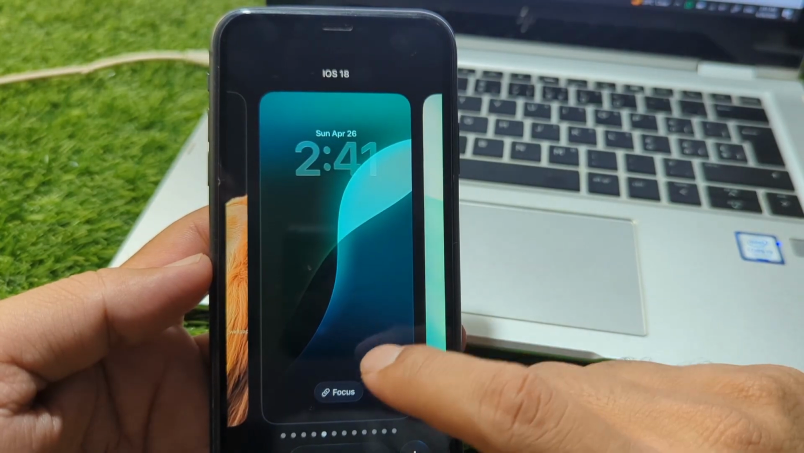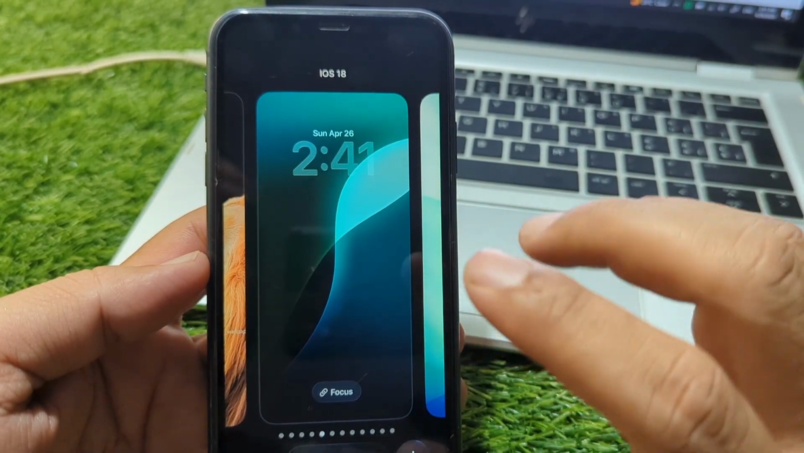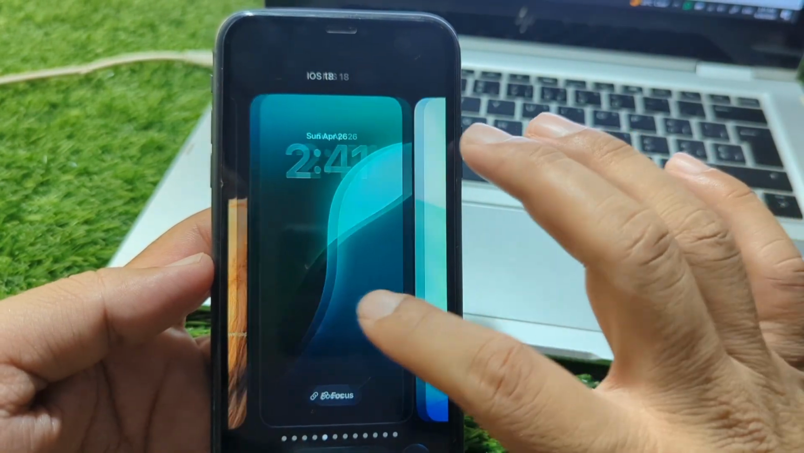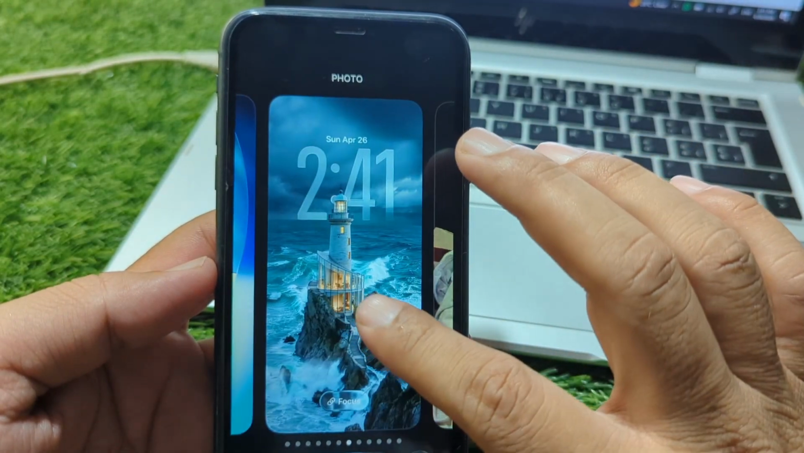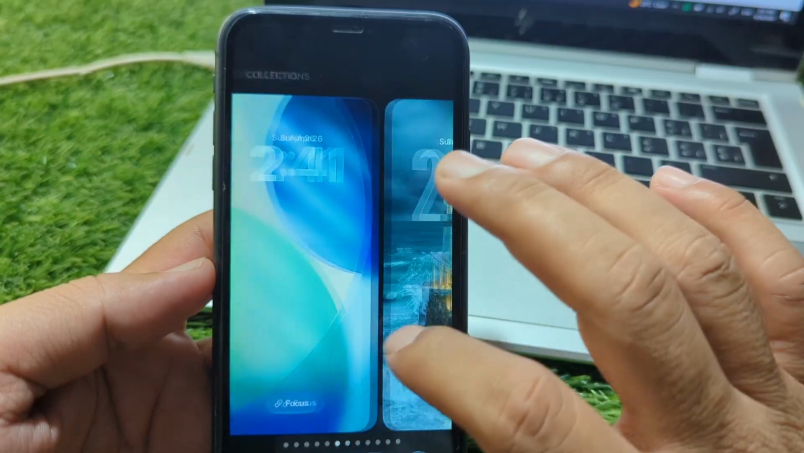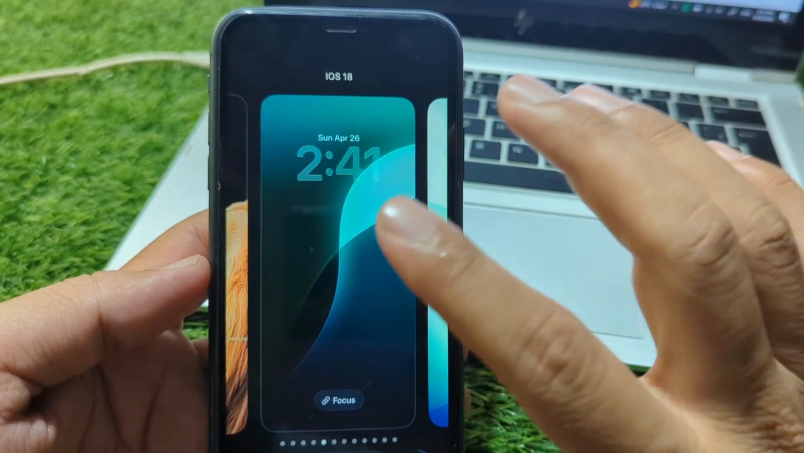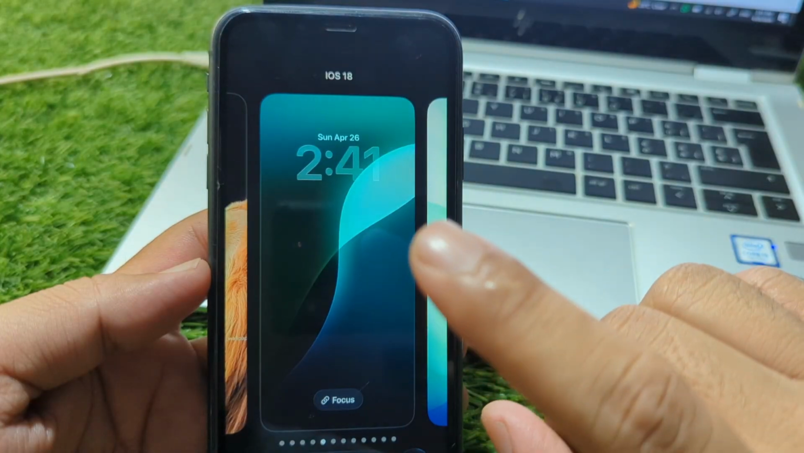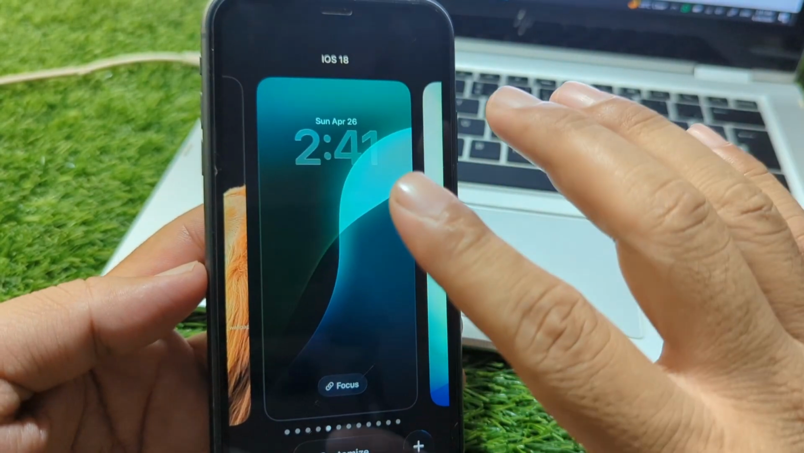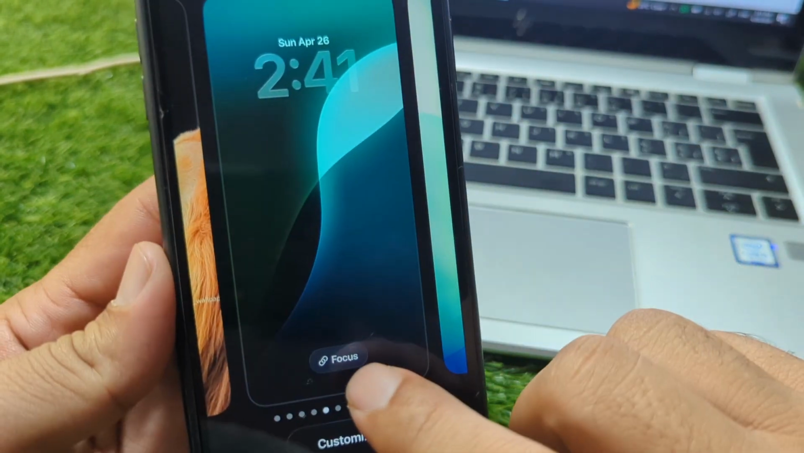So guys, in this video I'm going to show you how to add your name to iPhone's lock screen. If you want to add your name on your iPhone's lock screen, here I will show you how you can do this. This is very basic and simple. First of all, you have to simply press and hold the lock screen of your iPhone. You can see this, simply press and hold the lock screen, and now here you can see the